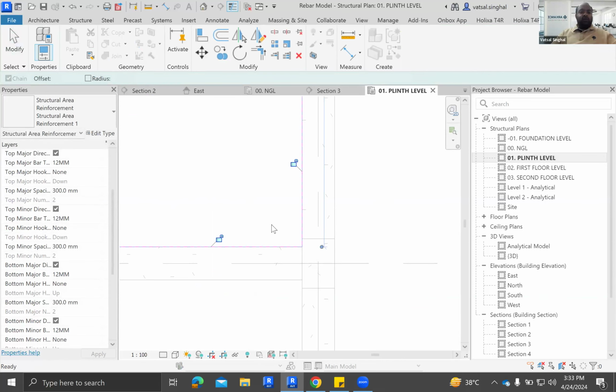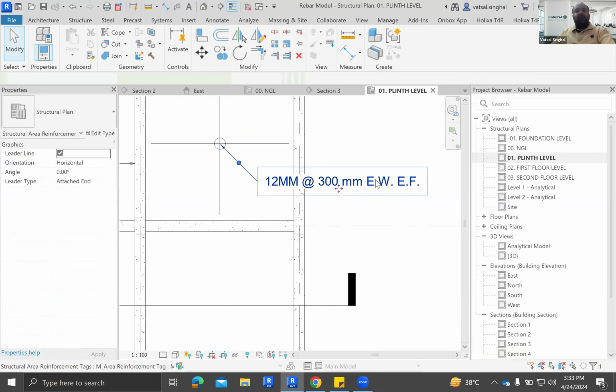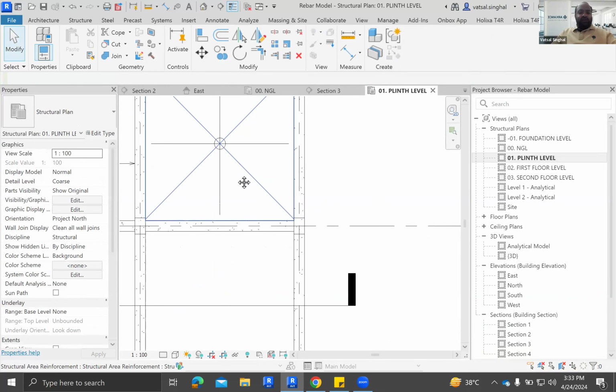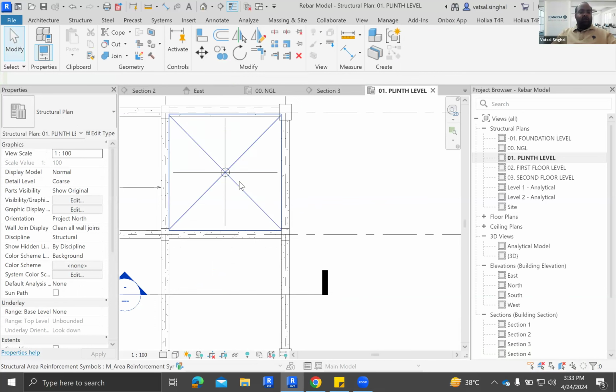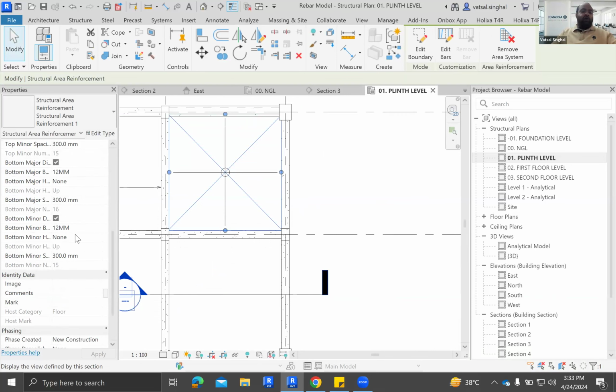I'll just finish this. So whenever you select this, a tag is created. I'll just delete this tag. You have to select this cross section that it is showing, and only then you can edit the rebar. So you have top major, top minor, top hook, bottom major, bottom minor, bottom hook. So you can just change it. If I just go to 3D, if I just change this to say 150,